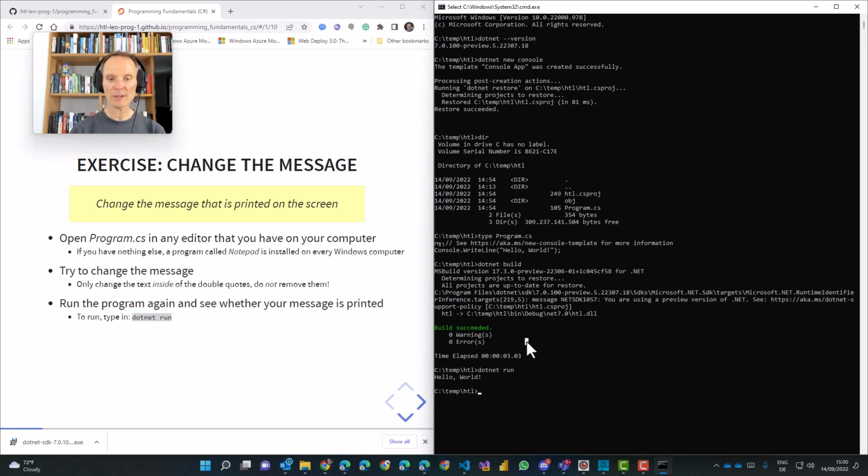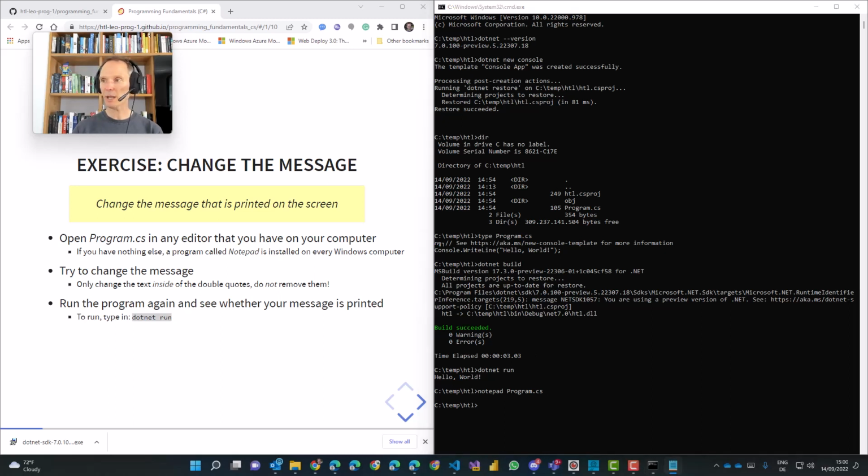Just go to your CMD window and type Notepad, and then again P-R-O, can you remember? What key do we use now? The tab key in order to complete the word program.cs. I didn't need to type it in. And if I press enter, Notepad will open up.